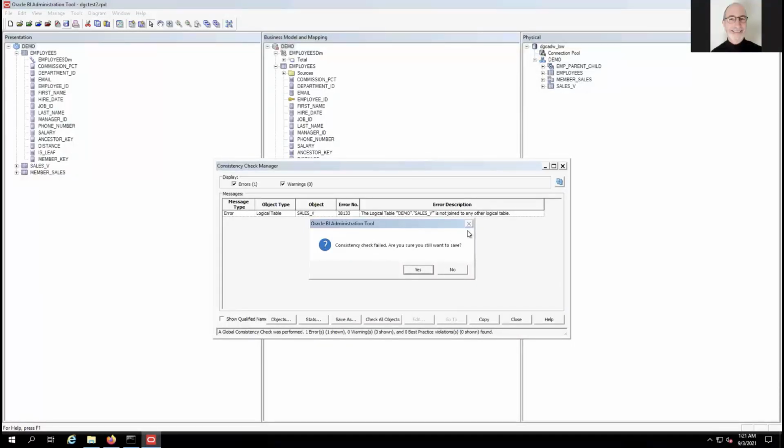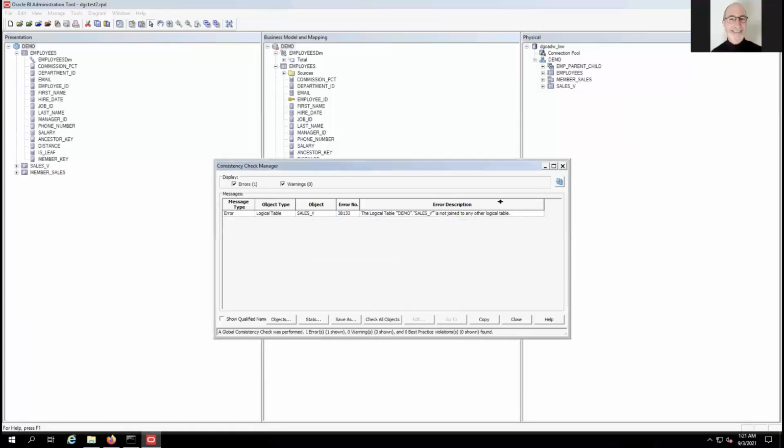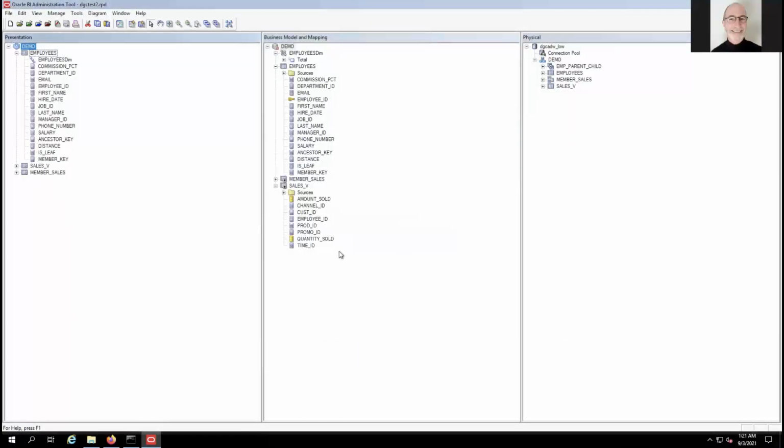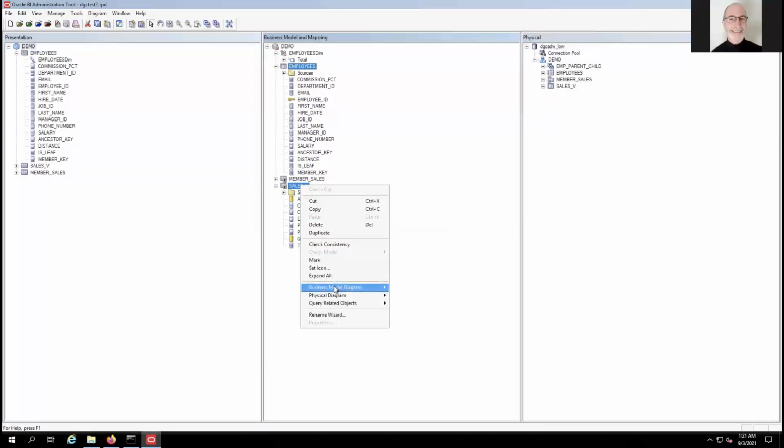I forgot actually one thing that doesn't get picked up. It's good that I actually ran that. There's one thing that doesn't get picked up here, which is the logical join between that and that. It picks up the member sales one. It does not pick up this, and it's the business model